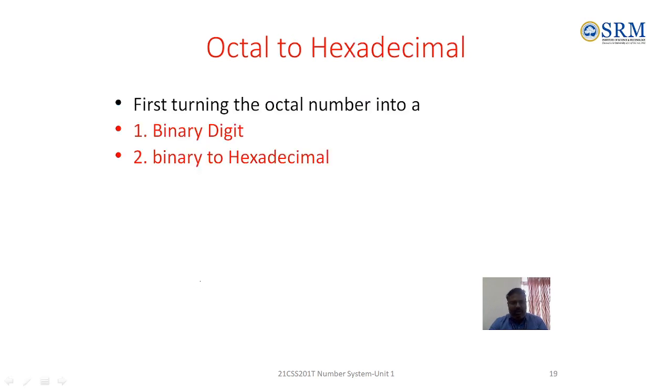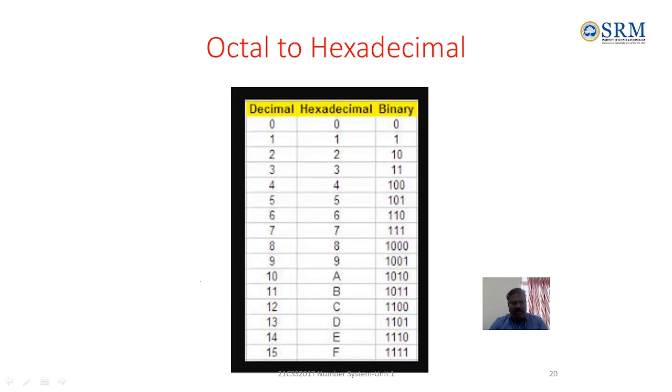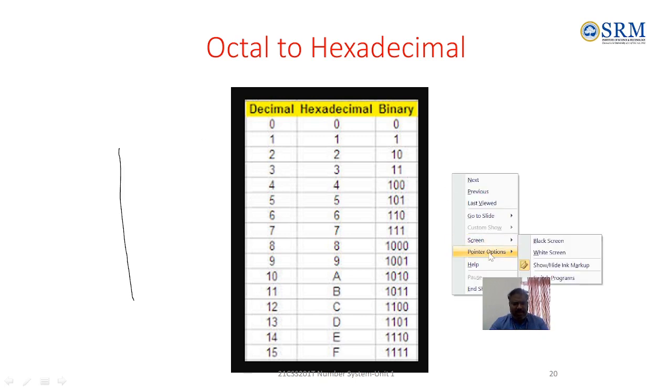And the next thing is octal to hexadecimal, which can be done in two steps. One is octal to binary, and another is binary to hexadecimal. So what is the difference? Let me show here. We are going to see octal to hexadecimal in table format. The first table we are going to discuss,